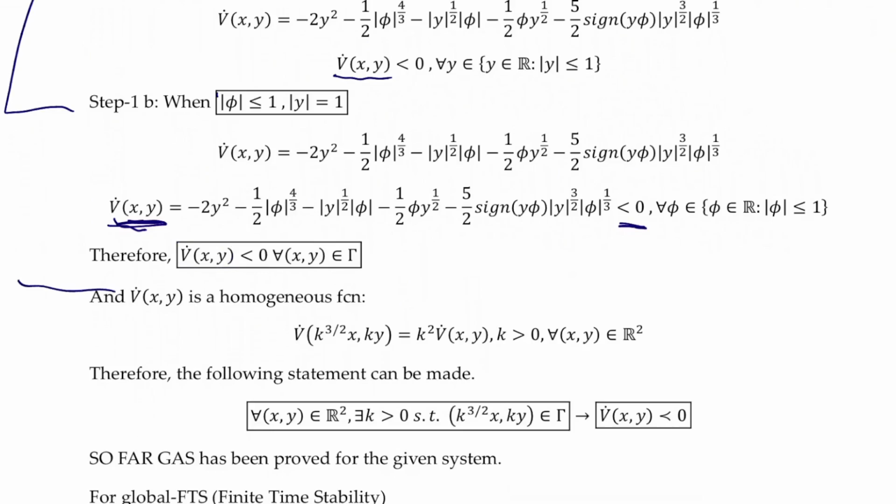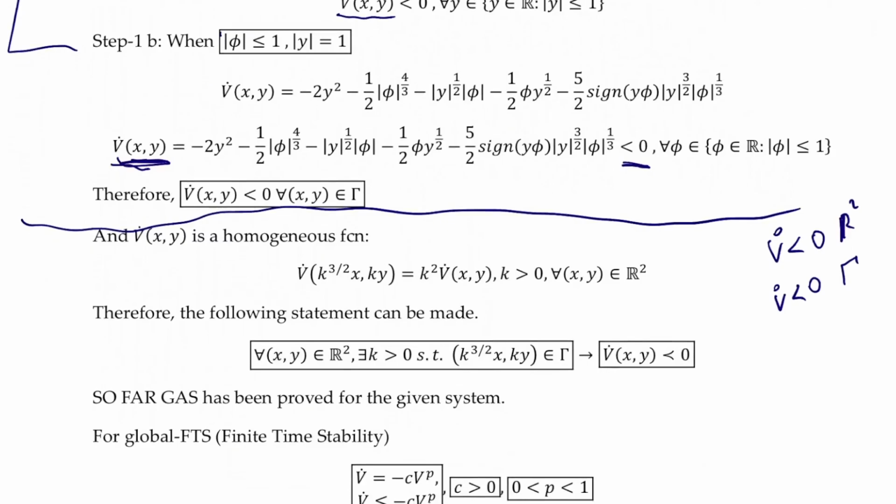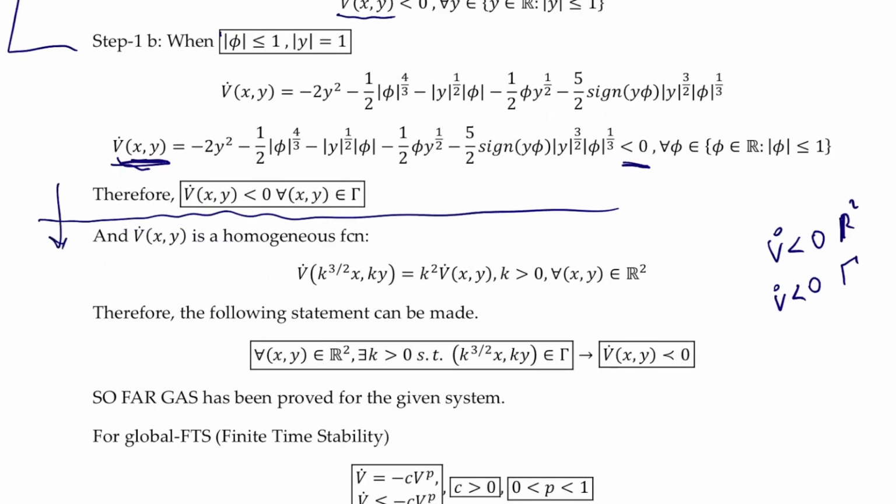Okay, all right, again, what we want to show is V dot being negative on R2, and we just showed that V dot is negative on gamma. Gamma is the set that we are looking at right now. And again, let me delete this to make it clear. We are continuing, and V dot is a homogeneous function. Again, the same argument that we are making. Since that is the case, and the dilation operator maps from R2 to R2,